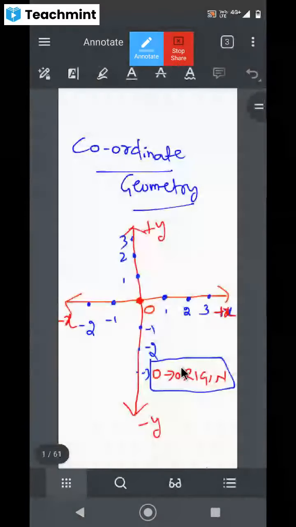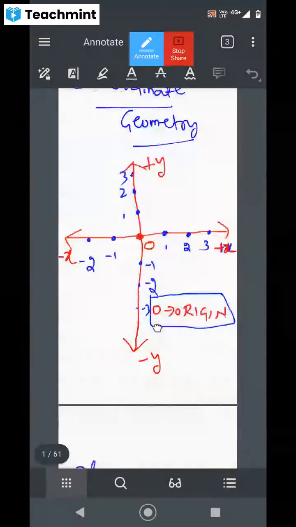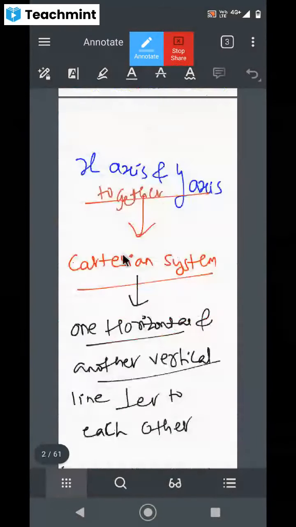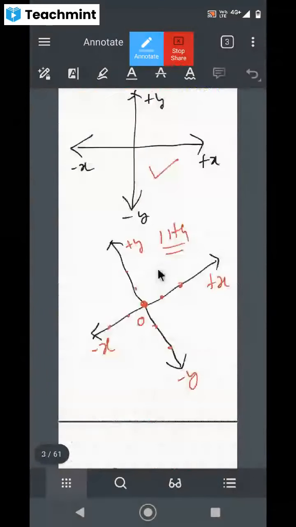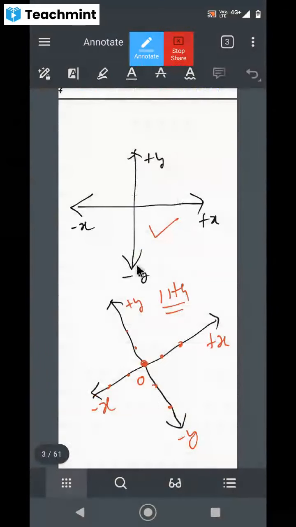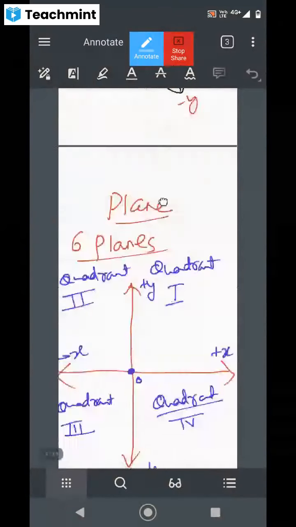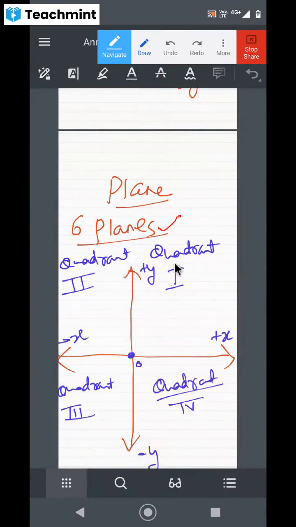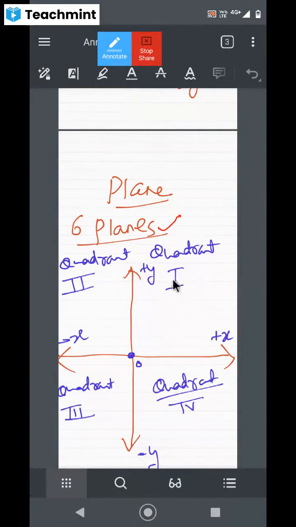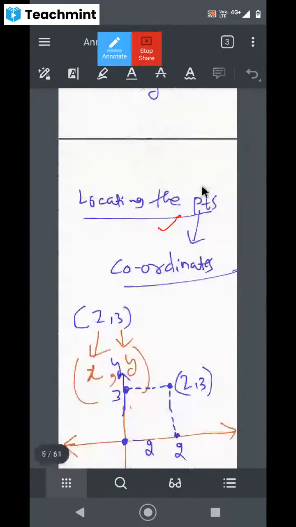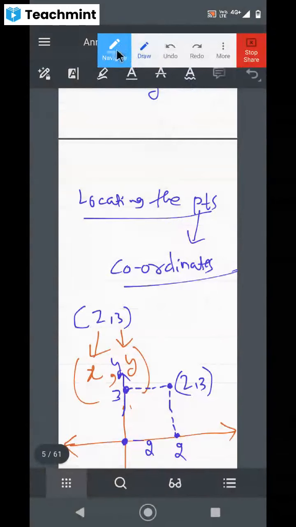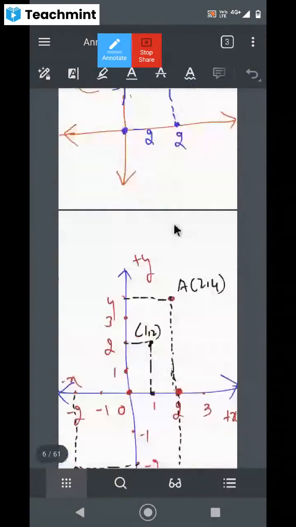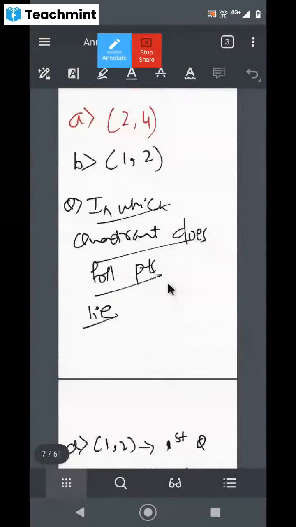Now have a complete glance at this chapter, what we discussed. This is the document I have shared. So this is the Cartesian system. You know, origin we called it. The x-axis and y-axis together is called the Cartesian system. This can be written like this also, and it can be taken in any other form also. Here it is only one plane we are talking about, and this is divided into 4 quadrants. After dividing them into 4 quadrants, we discussed how to recognize the points and how to plot the points.